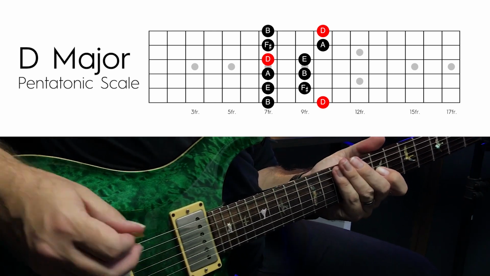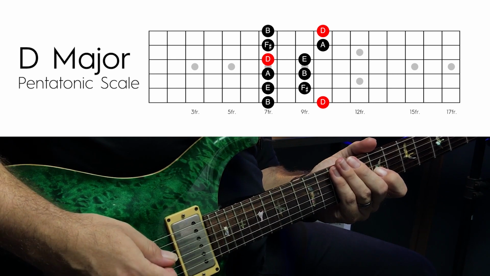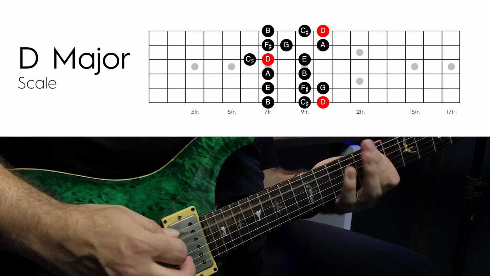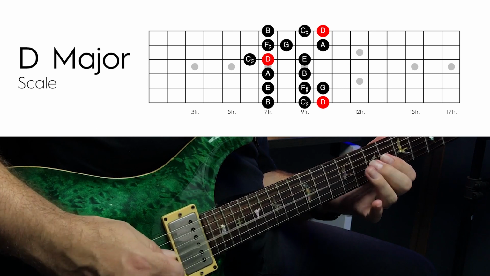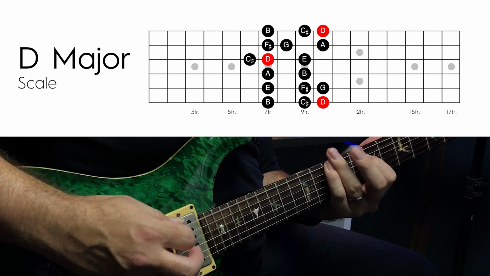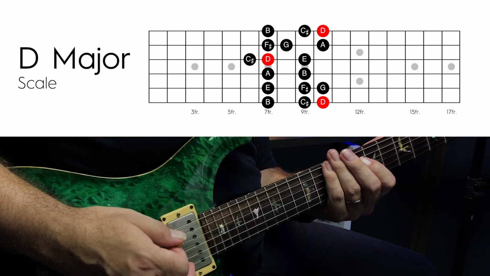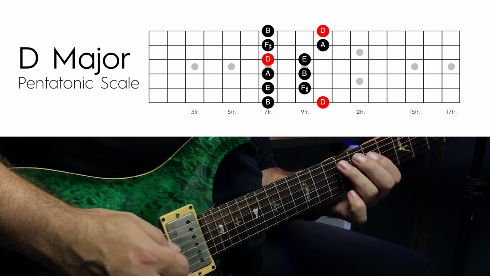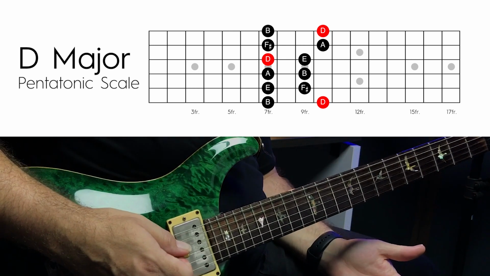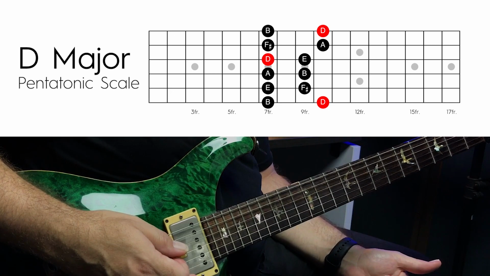All right, so that's my goal, you know that. But if I add in the G and the C sharp, versus no C sharp and G, that's a D major pentatonic versus a D major scale. So I like using the pentatonic scale and then just bring in the other notes when I need them as